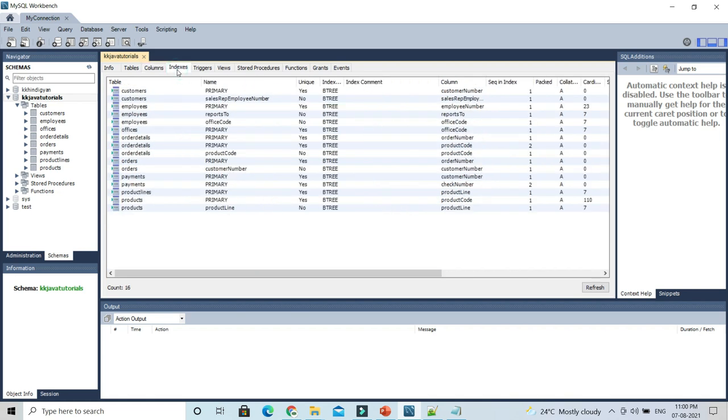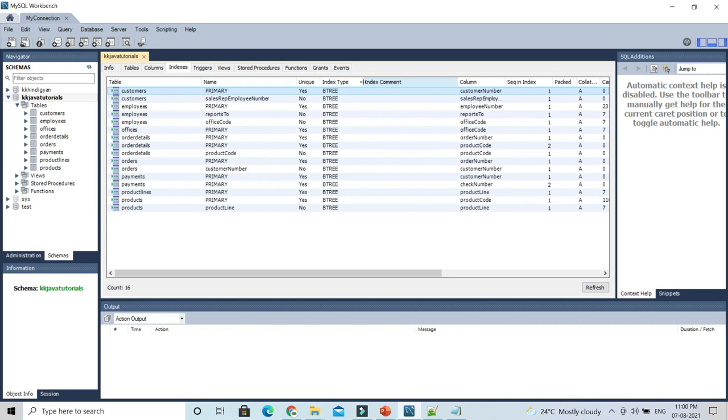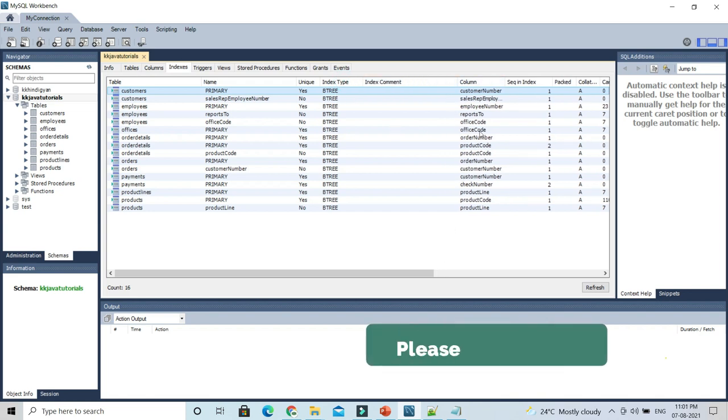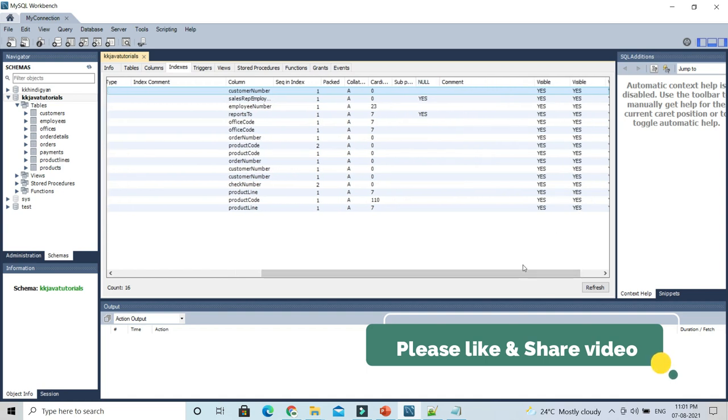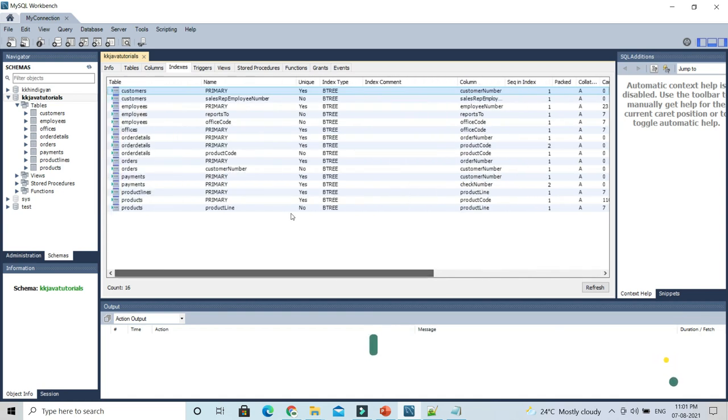Now next, if you have some indexes, right, then index detail you can see over here, right? So this is the table or view, and then what kind of index you have, whether you have a primary key or some other kind of index, all those details you can see there, whether this index has a unique constraint applied or not, what kind of index type it is, right? And on which column you have applied indexes and all details, right? Whether null is allowed or not. These are the details you can see over here, right?